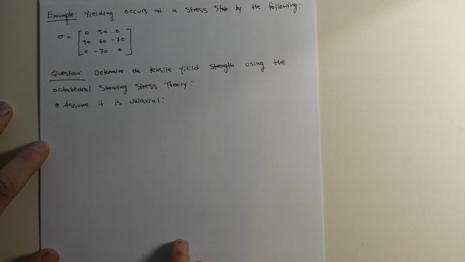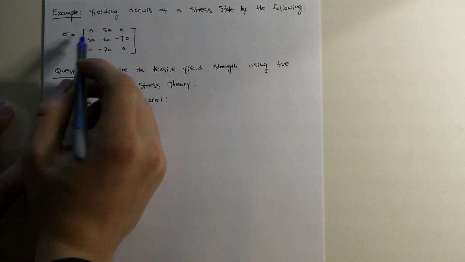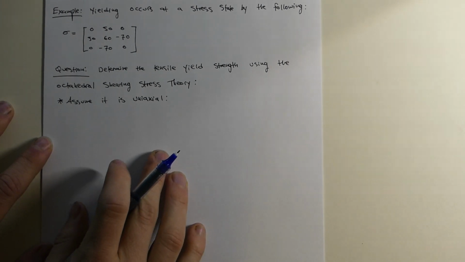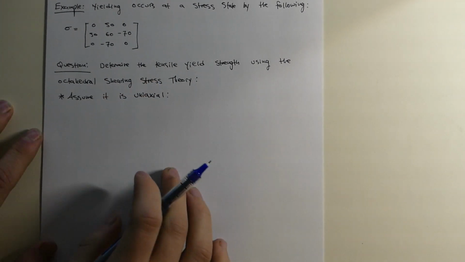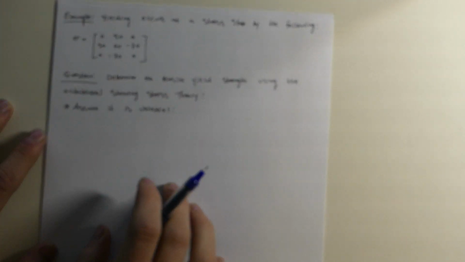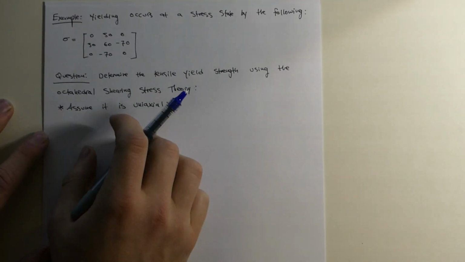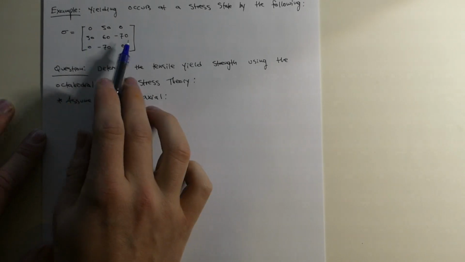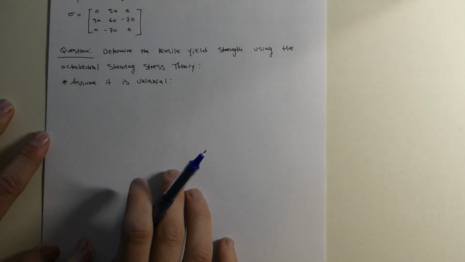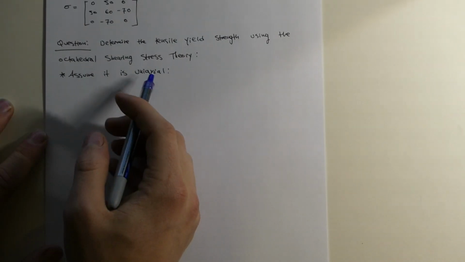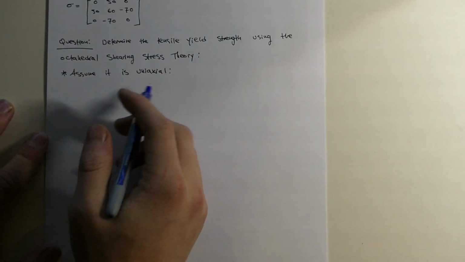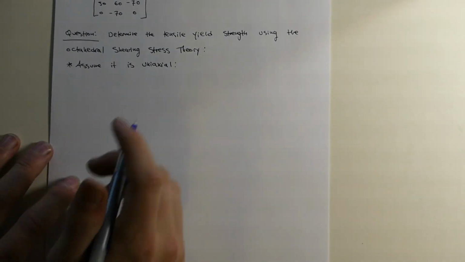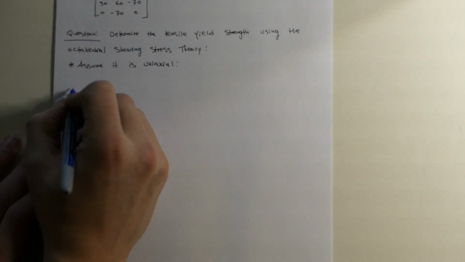So I'm going to do an example here to make this a little easier to understand. This was the same example from the last video with the maximum shearing stress theory. So we have this stress matrix here, and it's asking us to determine the tensile yield strength using the octahedral shearing stress theory, or the von Mises, and we're going to assume it's uniaxial. So we found in the other video that,